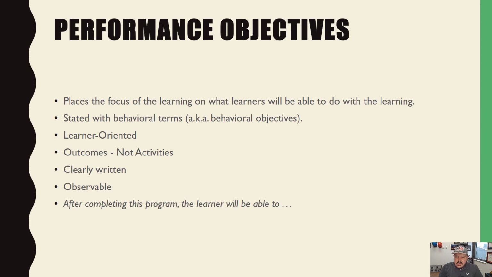A more effective type of learning objective is a performance objective. This places the focus of the learning on what learners will be able to do with the learning. It makes learning more action-oriented and meaningful. While this may not sound like a big issue, it actually can change the instructional design and delivery of training